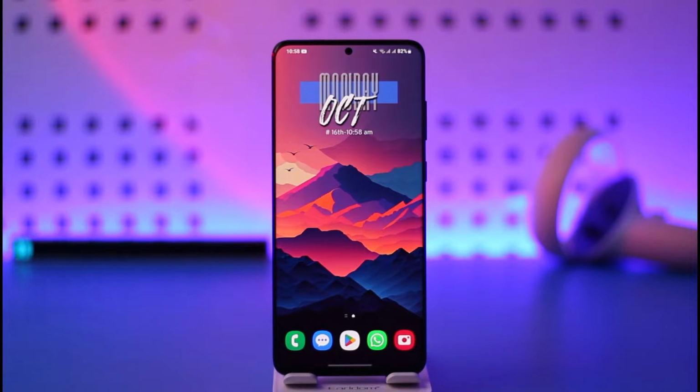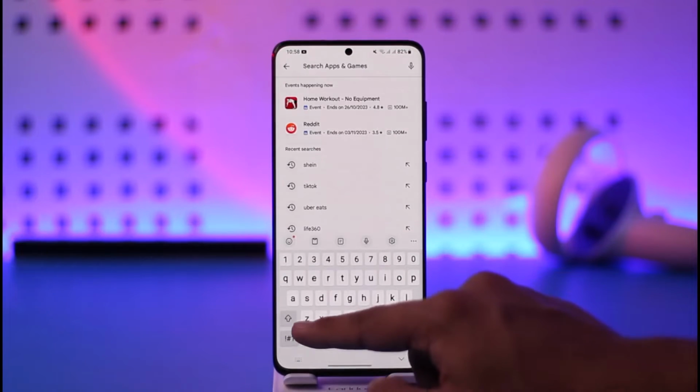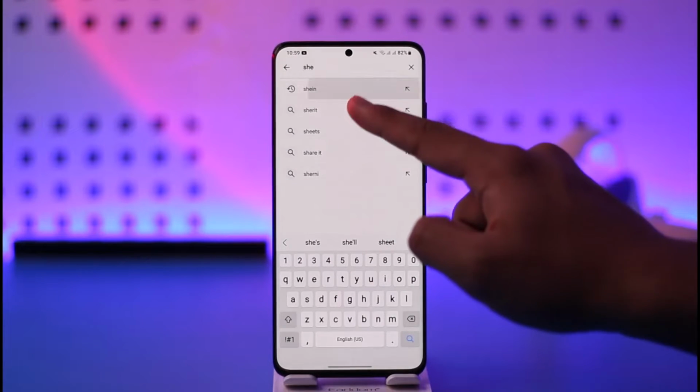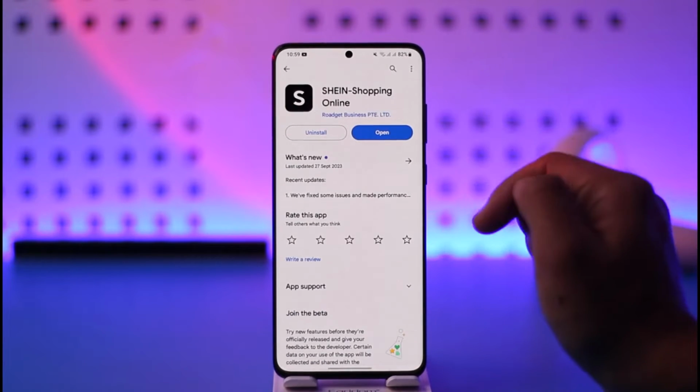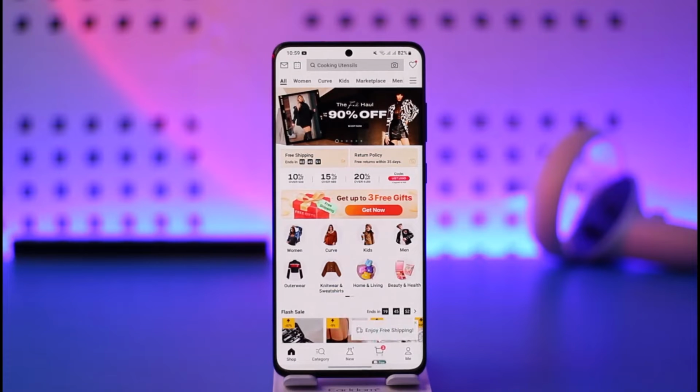So to do this is actually very simple, but make sure that the Shein app is updated because this is a new feature. Previously we didn't have this option, but now we do have, so make sure that your Shein app is updated. After that, open the Shein app and then you should see this type of interface where